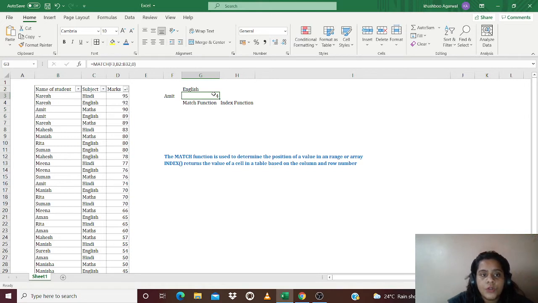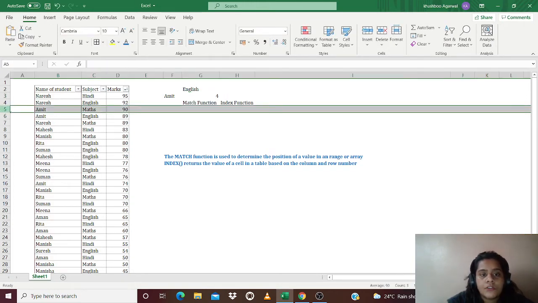Now, in this name of the student column, Amit is appearing 3 times because we have plotted the marks for 3 subjects, English, Hindi and Maths. Now, if you want to know in which row the marks obtained by Amit in English are appearing, specifically, for example, over here, row number 4 contains the marks obtained in Maths.